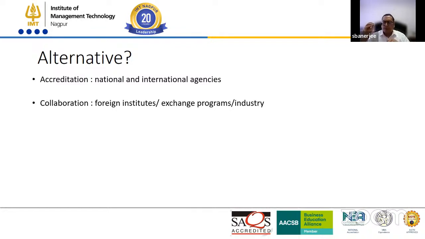Because when an American institute decides to enter into an academic collaboration with an Indian institute, they have to make sure that the Indian institute meets the high standards of education that the American institute offers. Then and only then will they send their students to this institute to study for a semester or a trimester, and allow students from that institute to come over there and be a part of their academic program for a